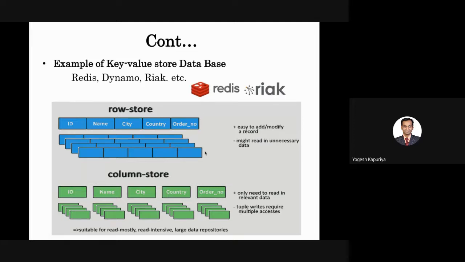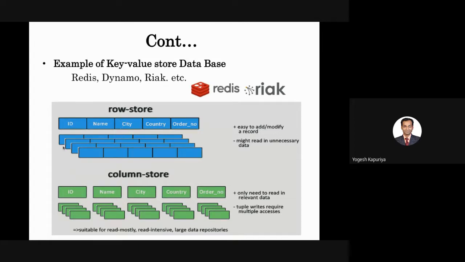When they are not nearby, from an IO perspective you have to look into the various blocks which are distributed across the diversified storage. Imagine there are 1 million records, and you want a CT from these 1 million records, and these CTs are distributed across the entire memory space occupied by that particular database. This is the limitation of row storage, or the row-oriented database.